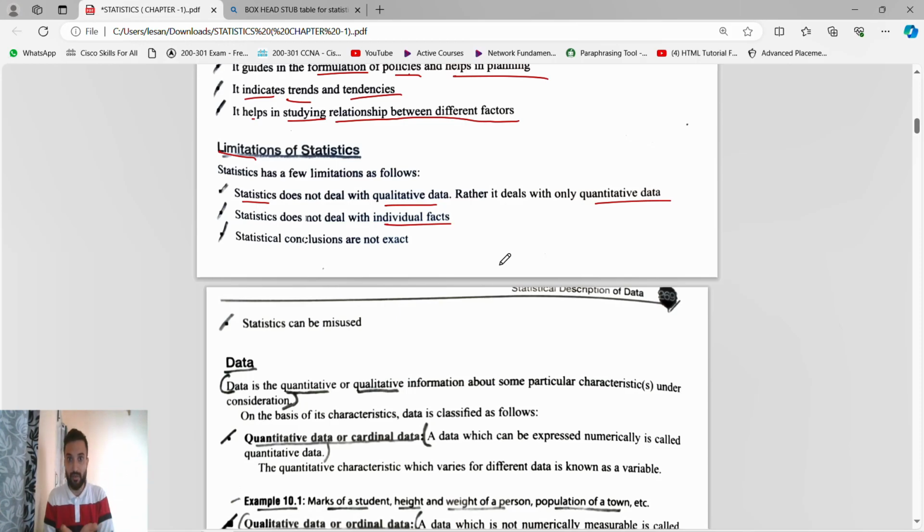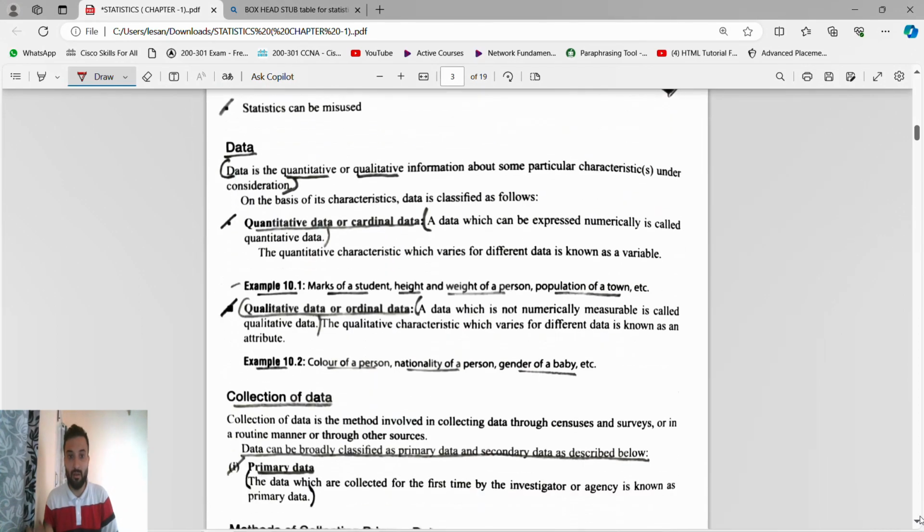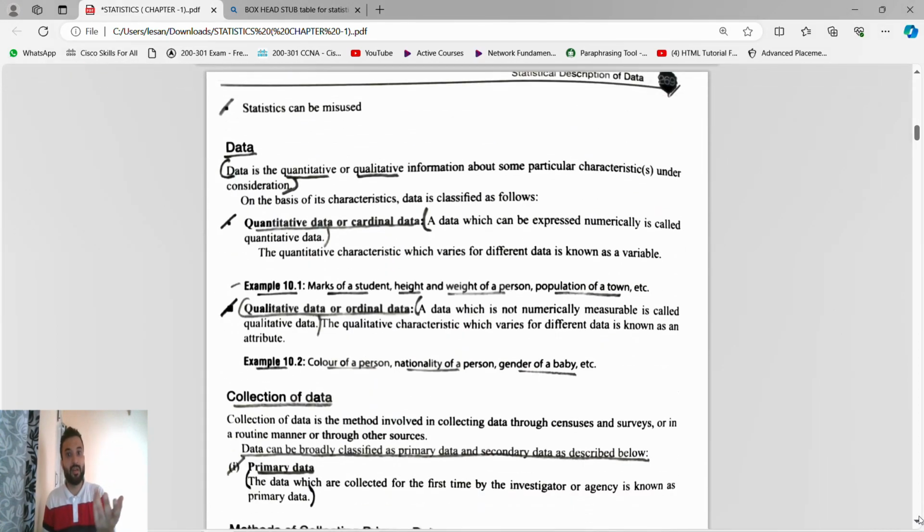We'll take them together. As we go to an institute, we will not only see the teachers. We'll see the teachers, price, students' feedback, classroom, timings, everything together. We will not see only individual facts. Statistical conclusions are not exact. As I said, the population of Mumbai is 15 lakhs, it is not exact. Exact is, suppose, 15 lakh 20,283. Until you count 15 lakh 20,283, one new child takes birth, it will become 284.